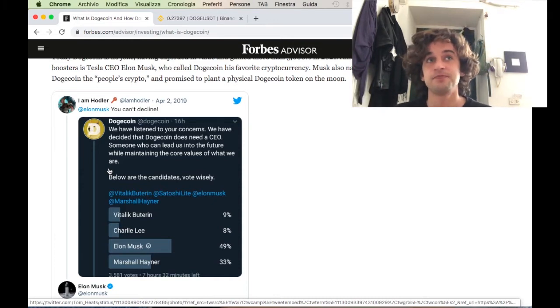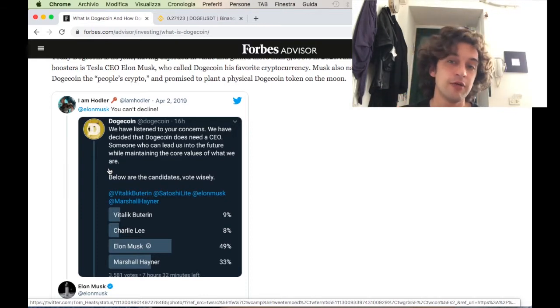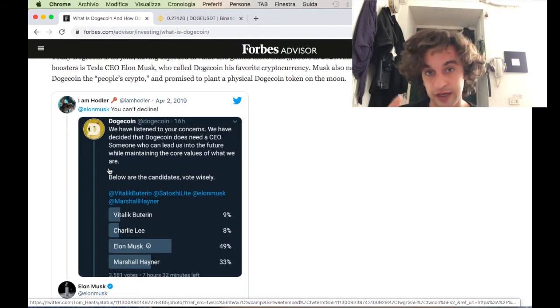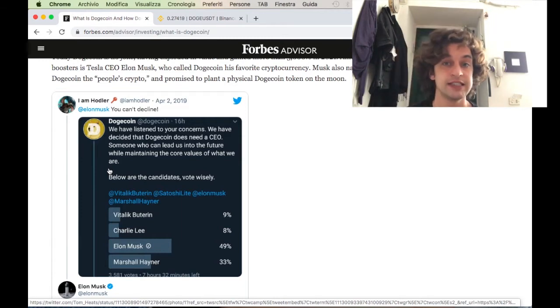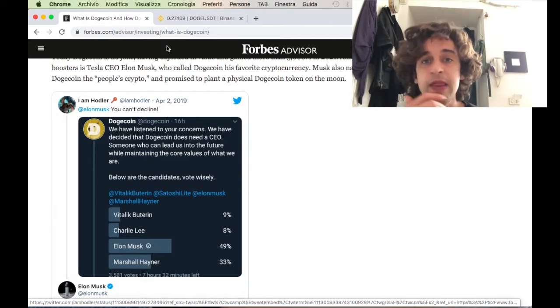And yes, this is, let's say, a ridiculous thing to think about, but imagine that the only cryptocurrency that will ever get to the moon or to Mars is going to be Dogecoin. For me, and I'm no financial advisor, the price of Dogecoin will skyrocket once this happens. The popularity of it will be above the moon. We will see a lot of investors hopping in, a lot of big investors.